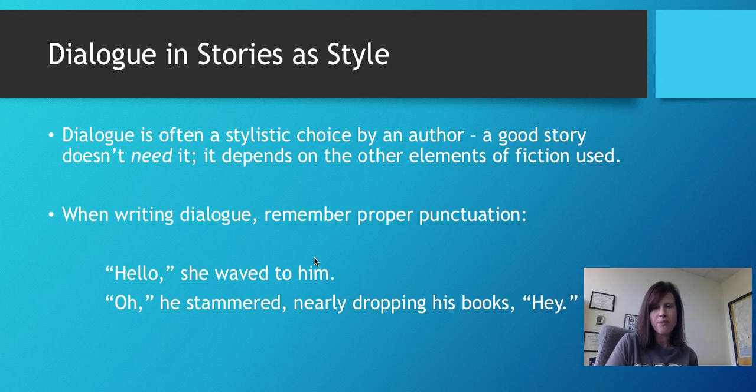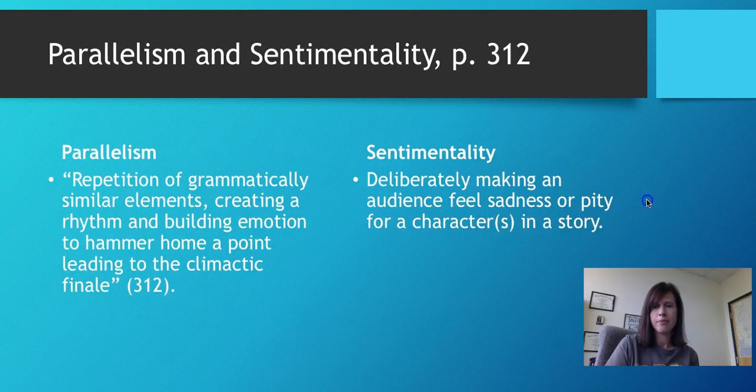"Hello," she waved. That has a whole different meaning than just she waved to him. Now her head's hung, she's slowly rising up, she's lethargic. That creates a whole other set of emotions that weren't there when I just said she waved to him. So it could have a huge impact on how your audience views your text. So that is something to keep in mind too. The language you attach to these verbs here will make a difference in what you write and how your readers are impacted by it. All right, so we're going to get into some examples now, which I'm pretty excited about.